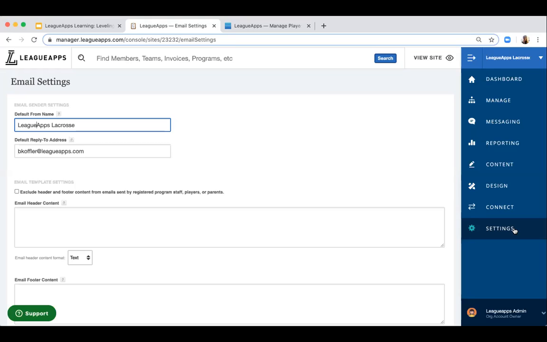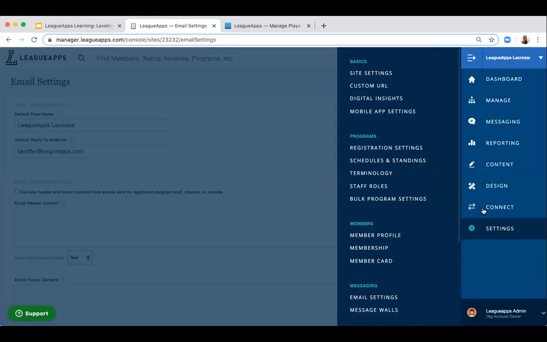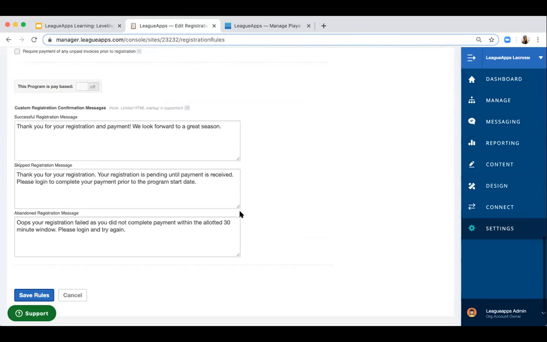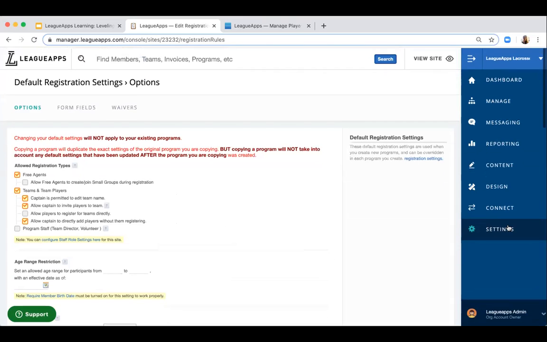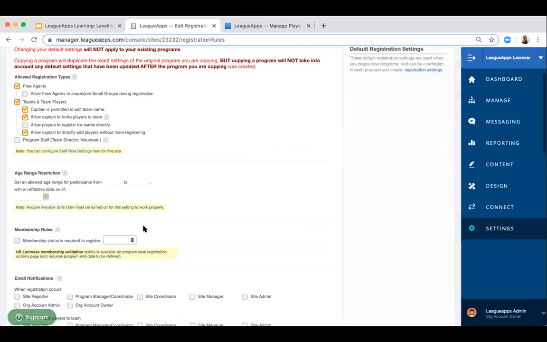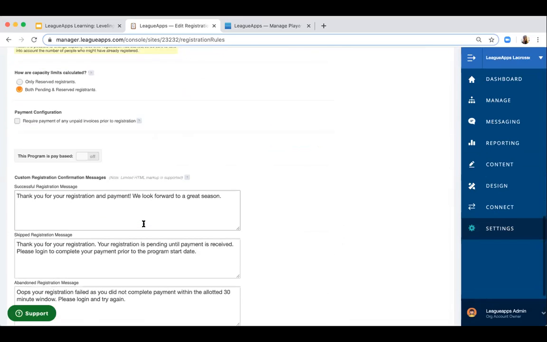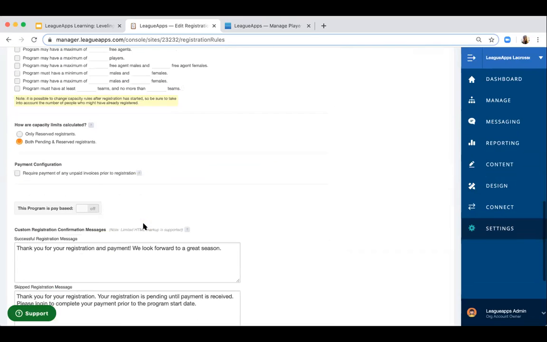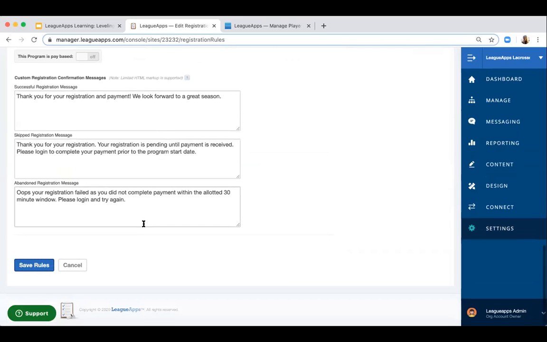So to get to your automated default emails, you go to settings and then registration settings. So I'm specifically going to talk about registration confirmation emails, which again, just go to settings and then registration settings. This is a pretty powerful page. I'm going to scroll over a lot of these settings, but we can definitely come back to them at another time.